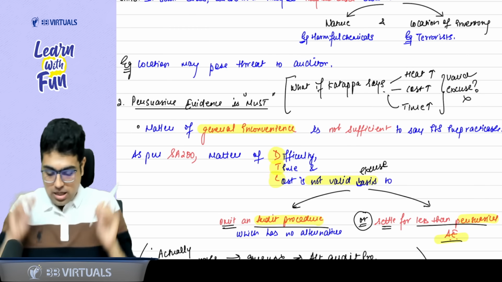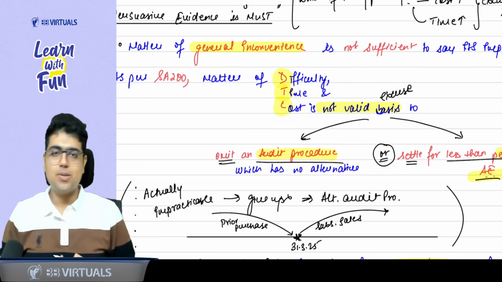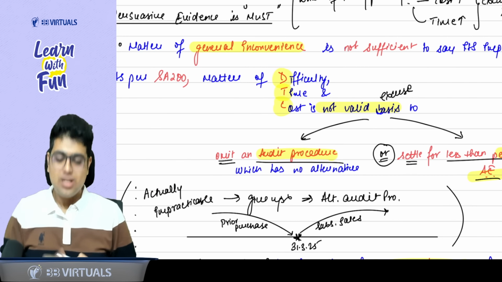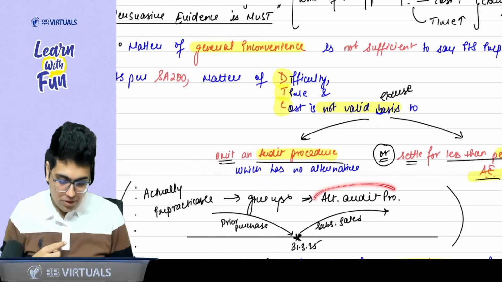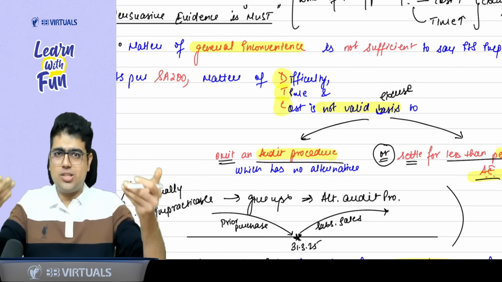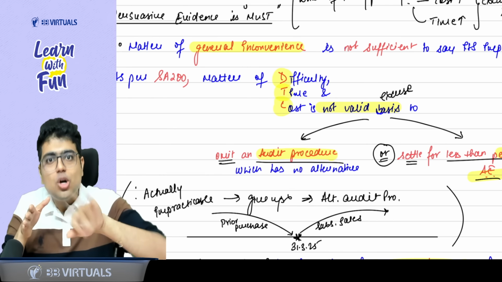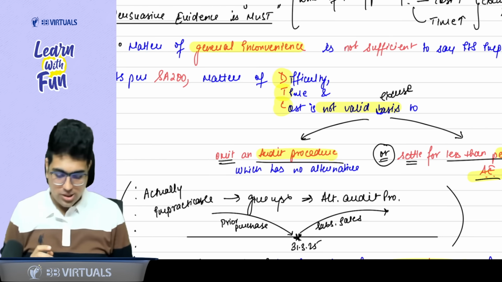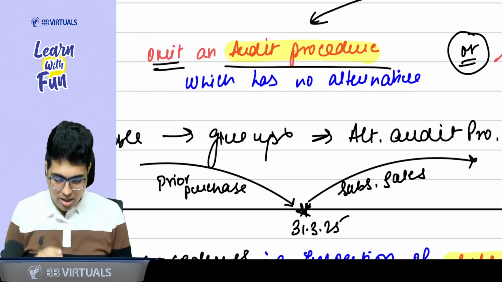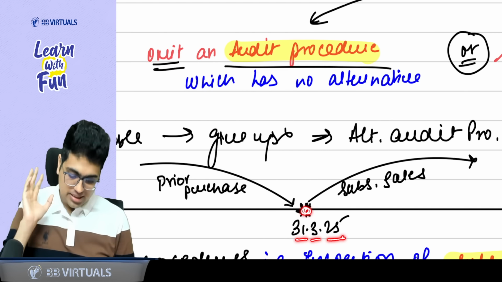Yes, sir. Now, let's say it is actually impracticable. So if it is impracticable, do I give up? No, sir. You need to perform some alternate procedure. You cannot do the inventory count? No, sir. So you need to do some alternate procedure. Now, sir, what can be the alternate procedure? Please focus on the board. I want to check the inventory as on 31st March 25. Yes, sir.